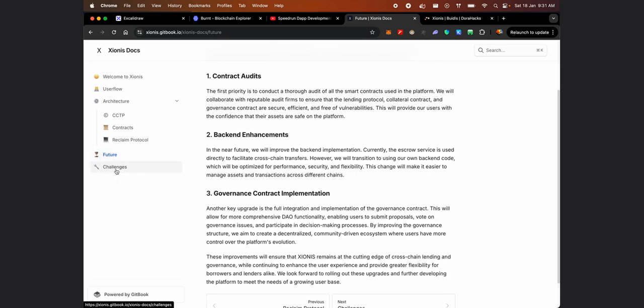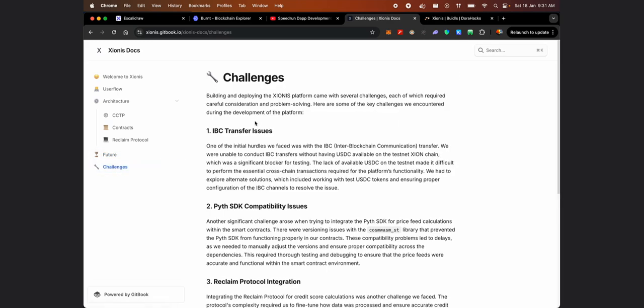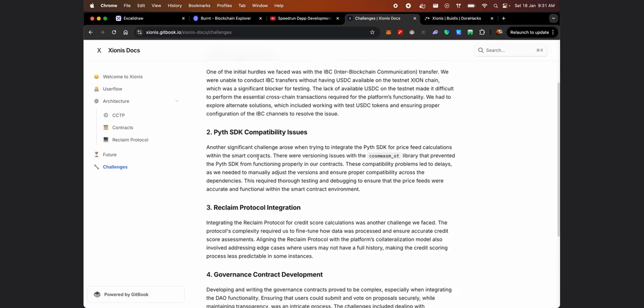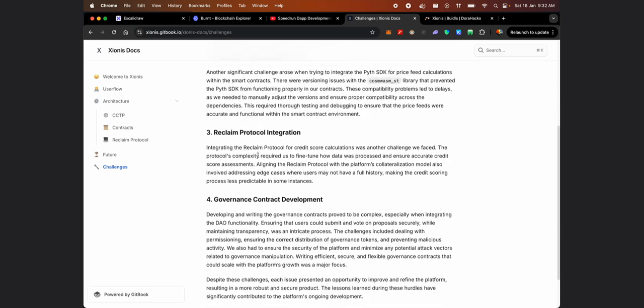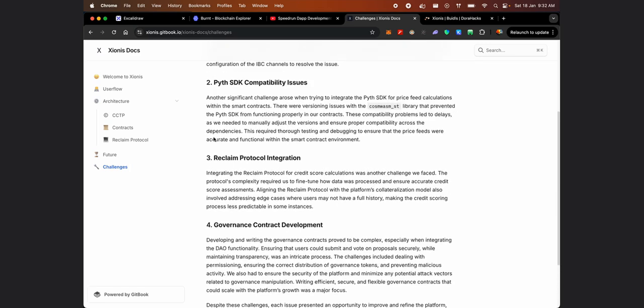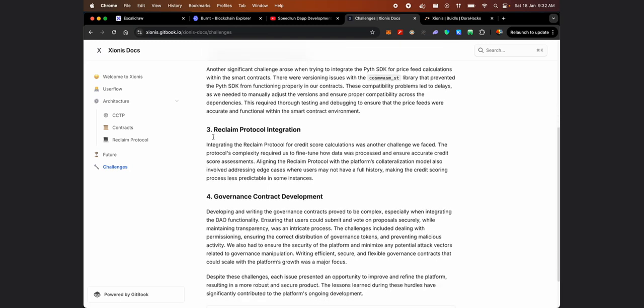Now moving on to the challenges we faced. There were a bit of challenges in using IBC, and the PITH SDK was not compiling properly in the custom contracts, because we needed the price feeds and we needed to calculate the delta so that we can generate the collateral value, and for good users it should be low. It should also depend upon the token's value. The reclaim protocol integration for the credit score part was also a bit tough, and again the